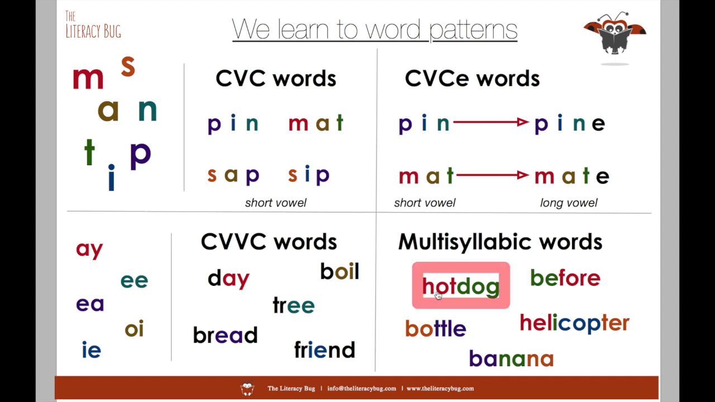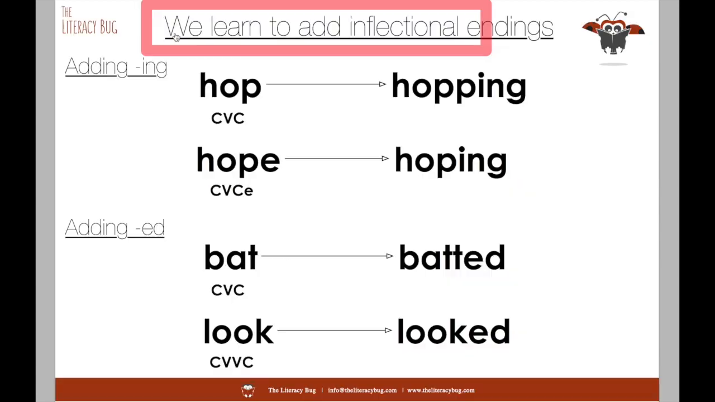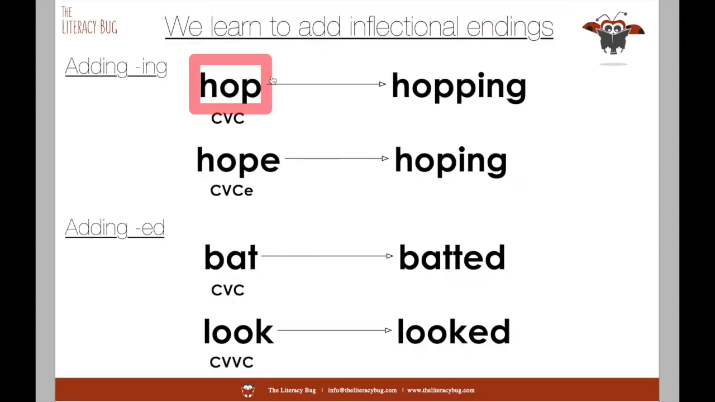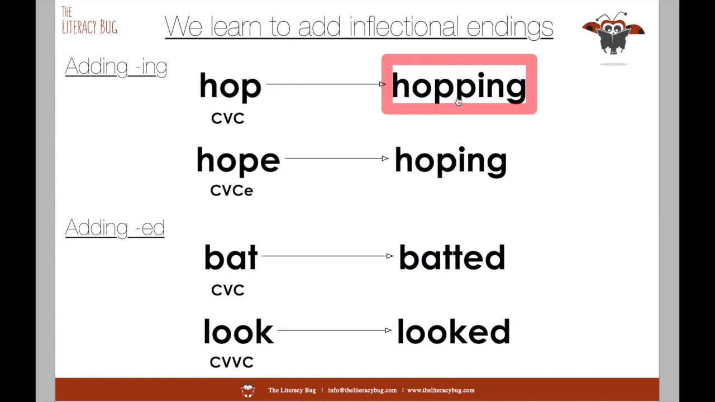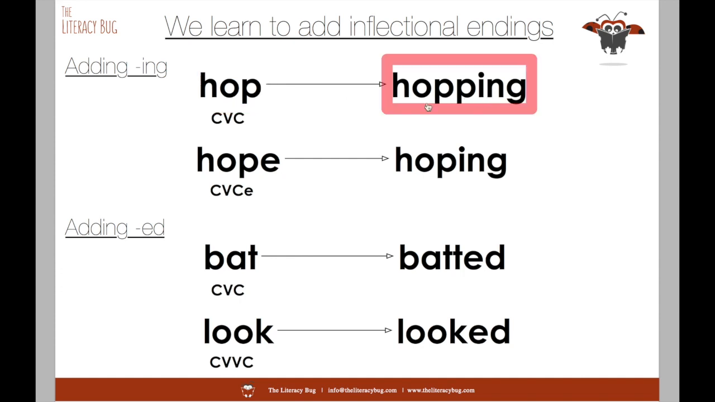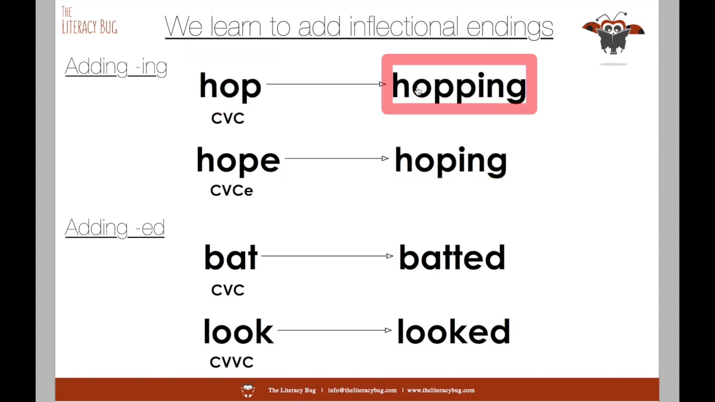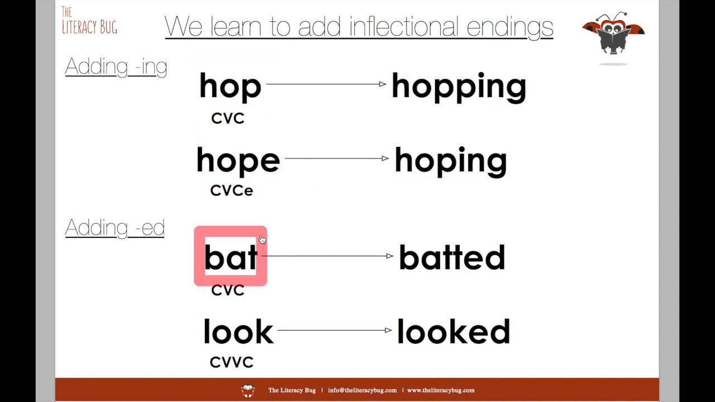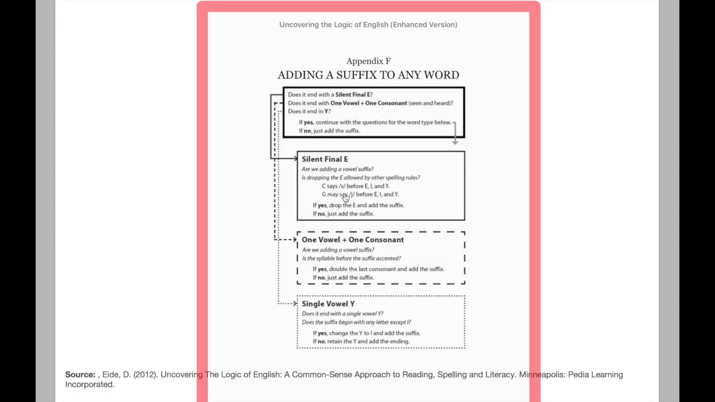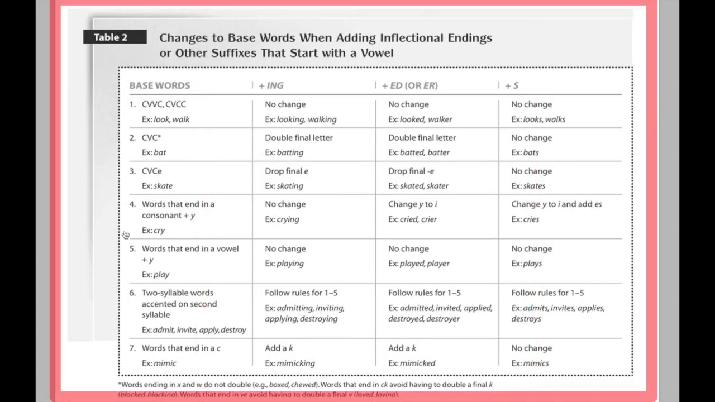And so we learn patterns of words over time. We learn syllable patterns over words. We learn how to add what we call inflectional endings. If the word doesn't have a final E on it, you double the consonant and add ing. You drop the E and add ing. So hop becomes hopping and hope becomes hoping. Bat becomes batted and look becomes looked. And so there's a flow chart in adding a suffix, or certain rules that have to be taught